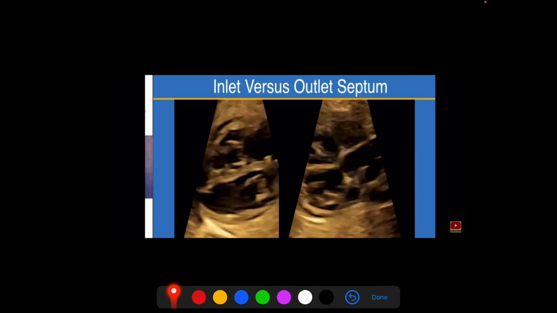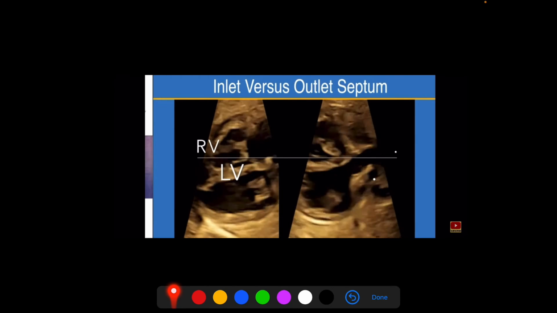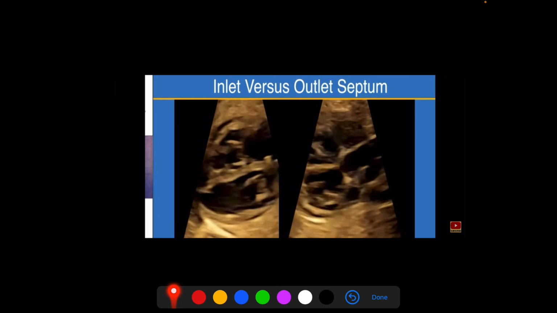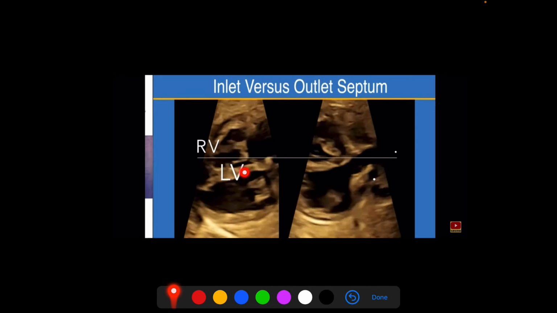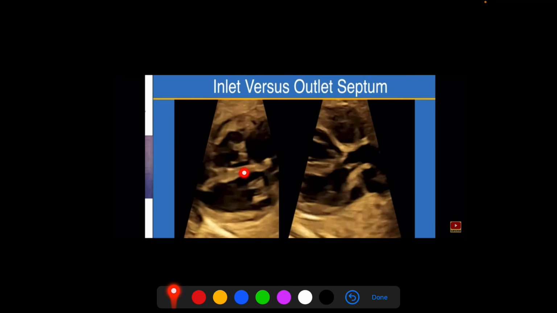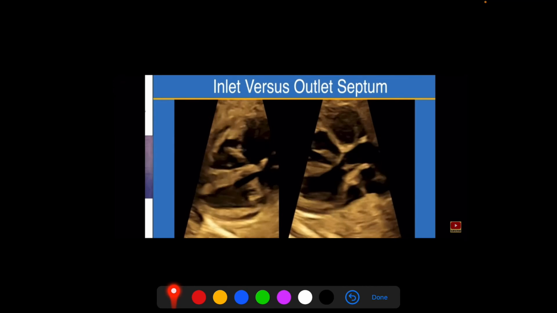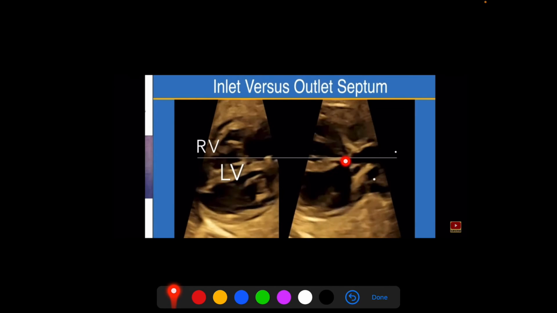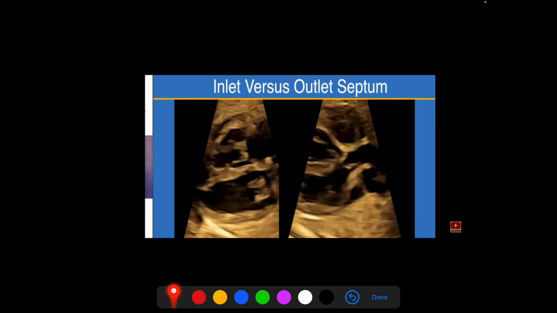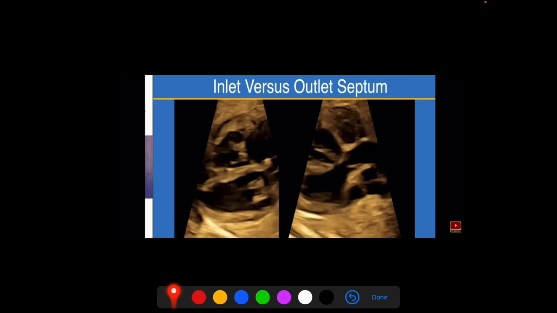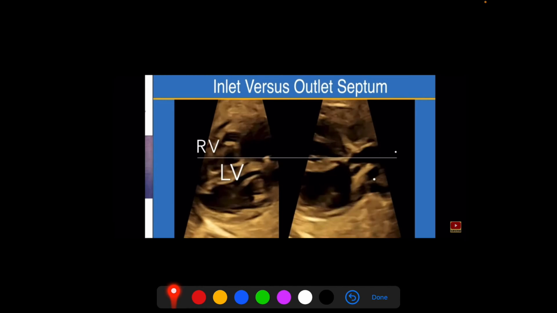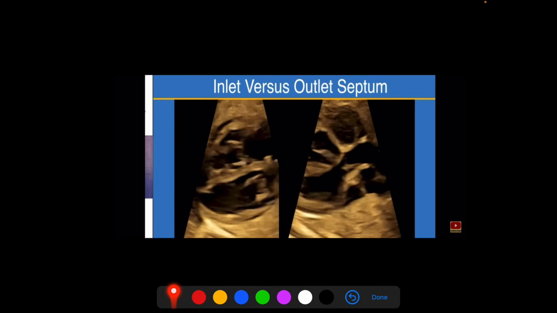So in the perimembranous VSD, we need to assess if it is inlet or outlet. So this is the inlet level VSD, ventricular septum adjacent to the tricuspid valves. There is no VSD over here, but when you sweep and get the LVOT outflow tract, at that level the septum which is seen is the outflow ventricular septum, and we are seeing a defect lying over here. So this is outflow type of perimembranous VSD.